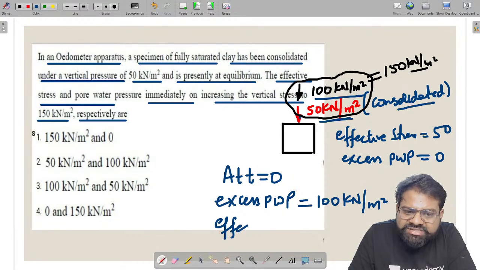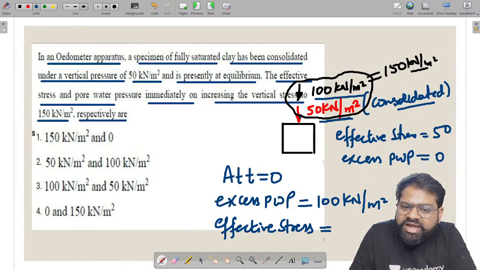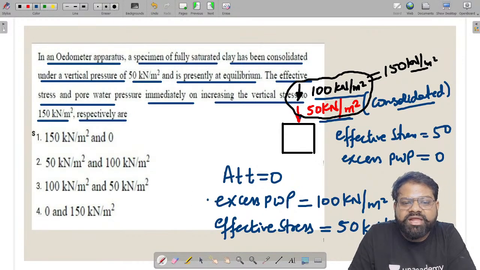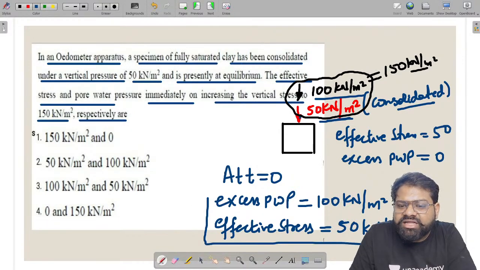And if I ask about the effective stress, since all the loading is taken by the water, at t equal to 0 the effective stress will not increase. So the effective stress will be the same, which is available in the soil sample. So at t equal to 0,